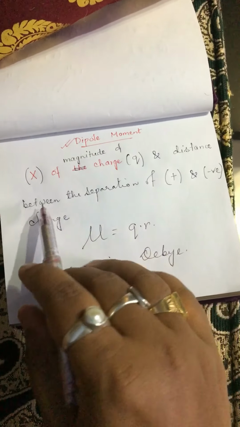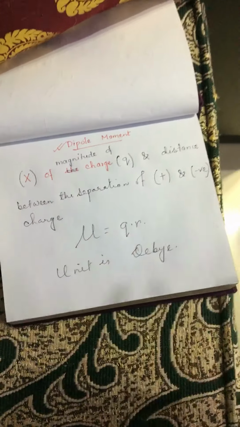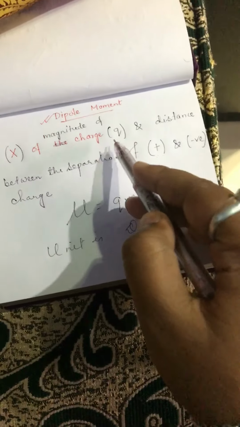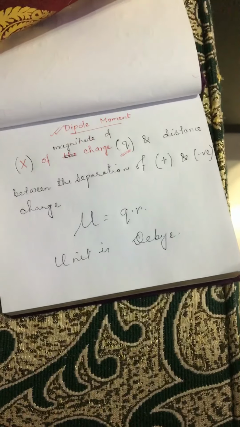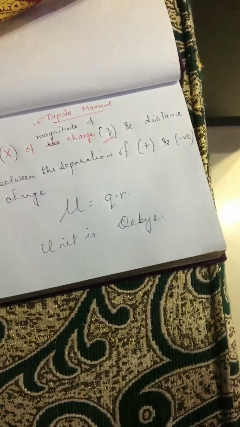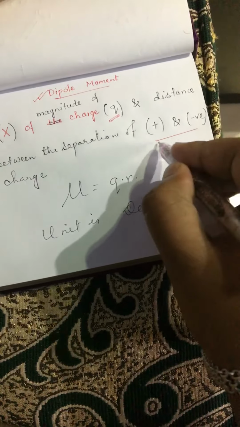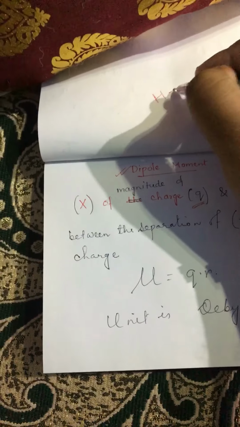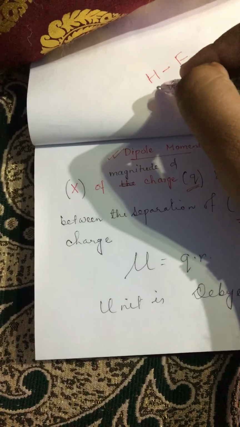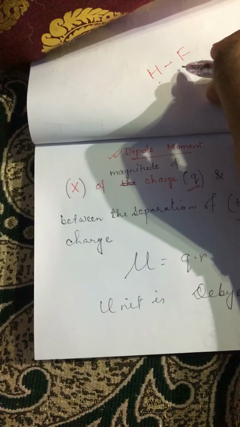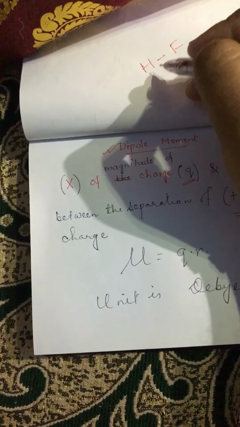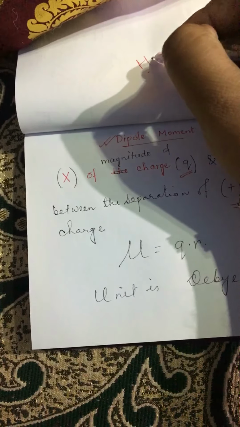So the definition of dipole moment will be the product of the magnitude of charge, that is denoted by q, and the distance of separation between the positive and negative charge. So what do this positive and negative charge mean? Let us take an example of HF. This is hydrogen fluoride, and since we know fluorine is more electronegative than hydrogen,